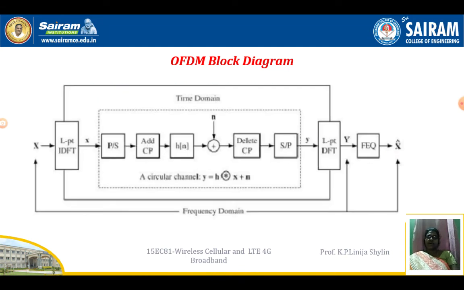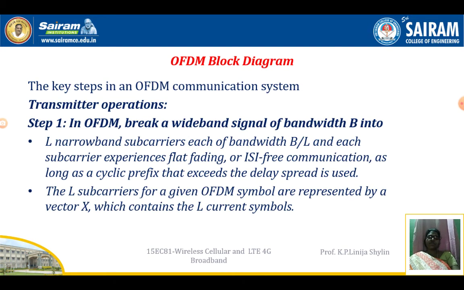Here we have added the cyclic prefix. After the summer, the cyclic prefix is deleted. On the transmitting side we use a parallel to serial converter, but on the receiving side we use a serial to parallel converter. So all the transmitting processes will be reversed. So coming to the receiver side,